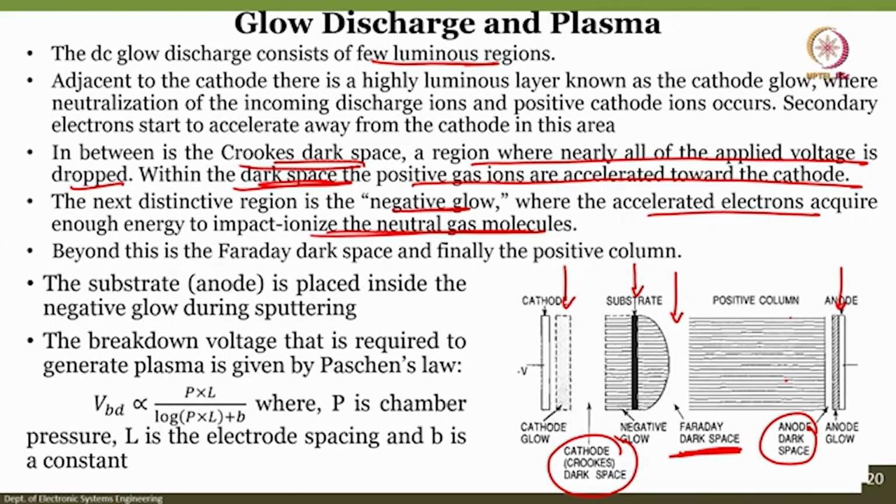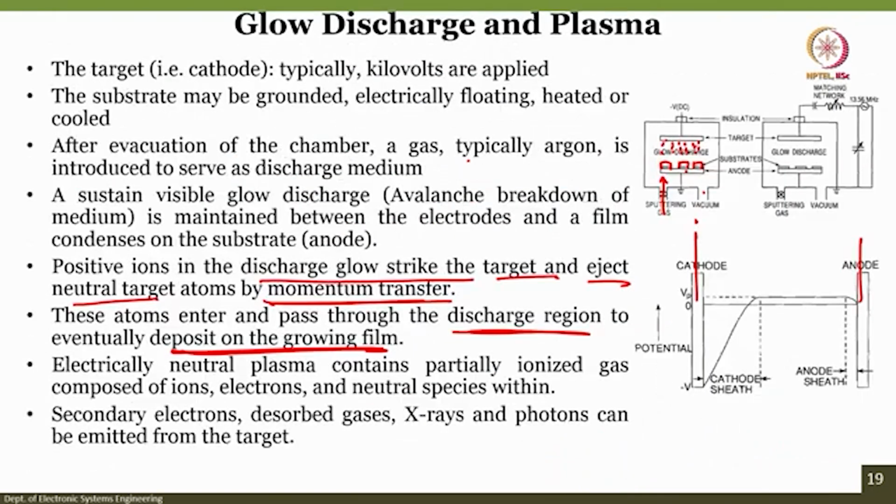The breakdown voltage required for creating the plasma is given by Paschen's law, which is right over here, where P is the chamber pressure, L is the electrode spacing and B is a constant. It is very important to understand what the distance between the electrodes, that is between the anode and cathode, should be. If the distance is more, then the deposition will be slower. If the distance is too close, heating of the substrate will occur. That is why sometimes you need to cool down the substrate,